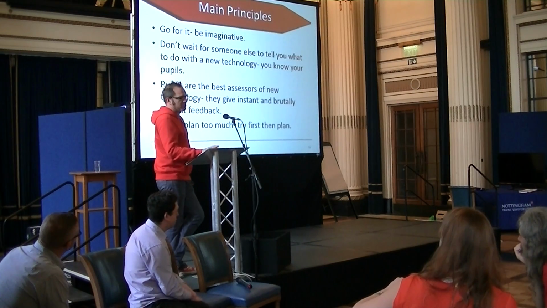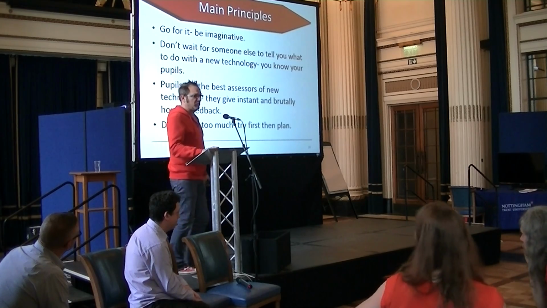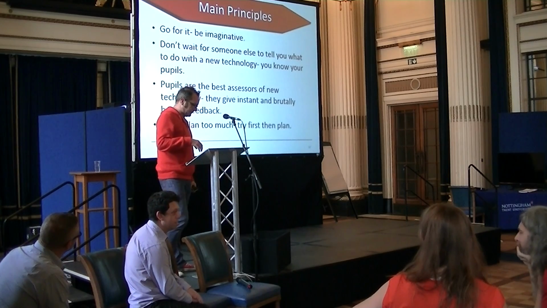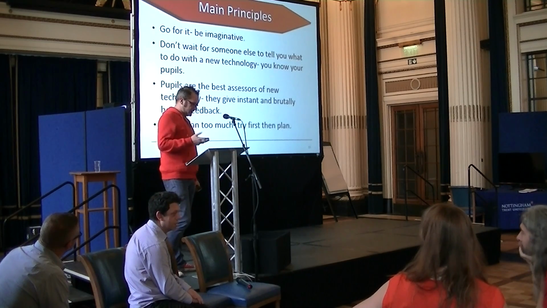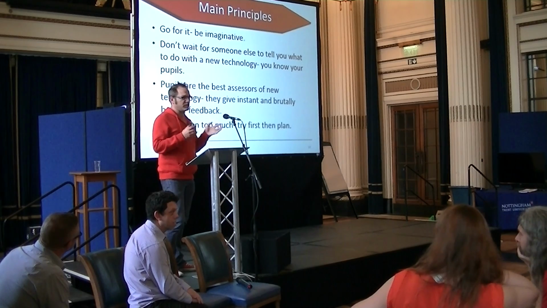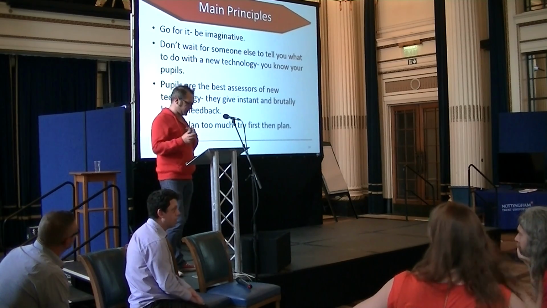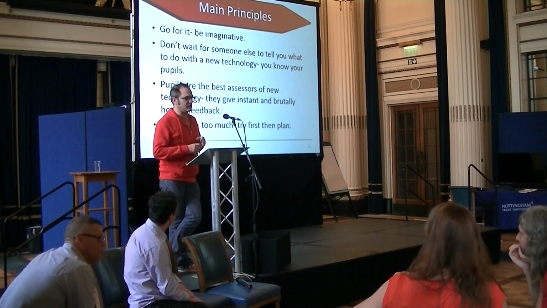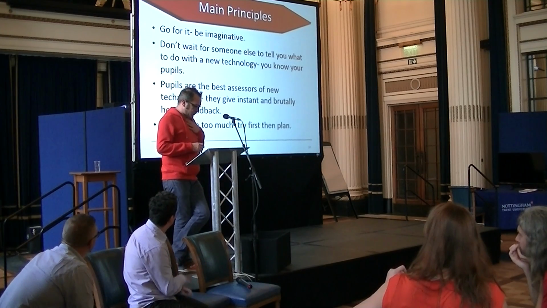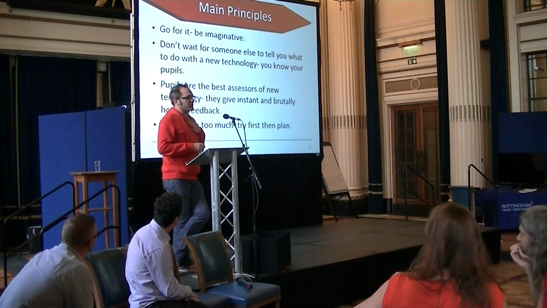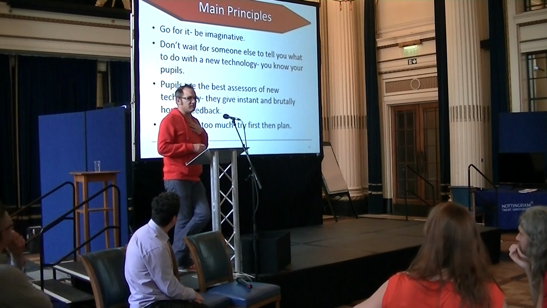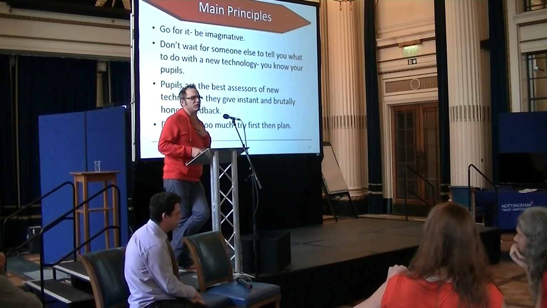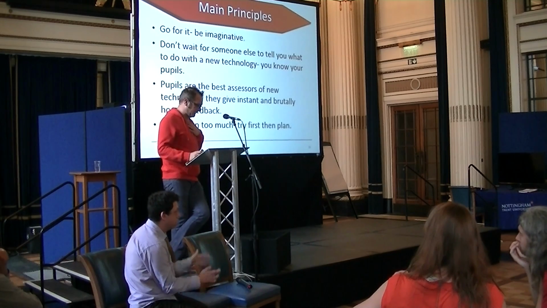So the main principles of what we do is just going for it and being imaginative with new technologies and thinking how you can adapt them to our workplace, and not having to wait for someone else to tell you what to do with new technologies, because we know our pupils really well, we know their needs. They've got very diverse needs, so it's a question of knowing your pupils and then matching the technology to the pupils. And we don't really need academic trials to find what works with our pupils, because they're very brutally honest. They'll either hit you, or they'll just walk away, or they just won't engage. So you get feedback pretty much straightaway on what's working and what's not working in terms of engagement.